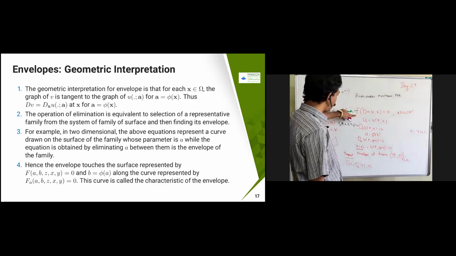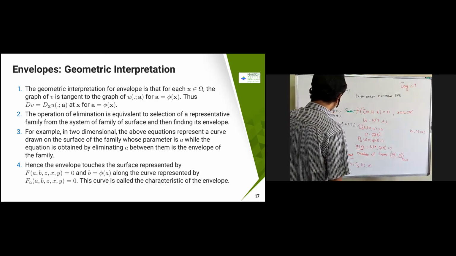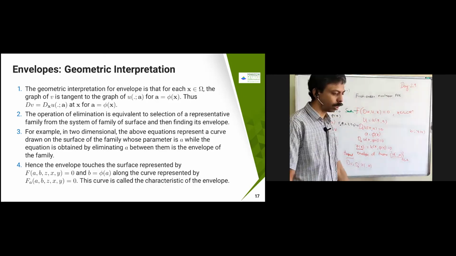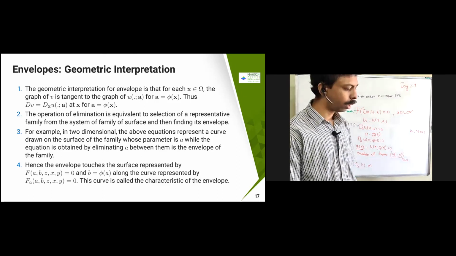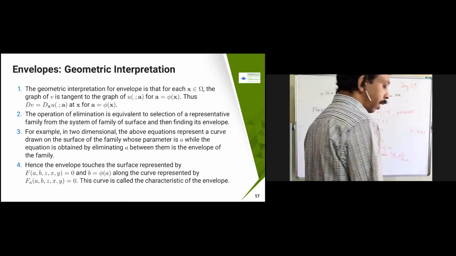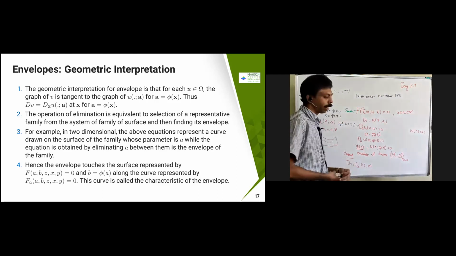This one is a non-linear PDE, whereas this is not a non-linear PDE. This is going to be a surface, or a solution surface, in the five-dimensional space. Okay. So this envelope, this curve, is called the characteristic. This is called a characteristic of it.